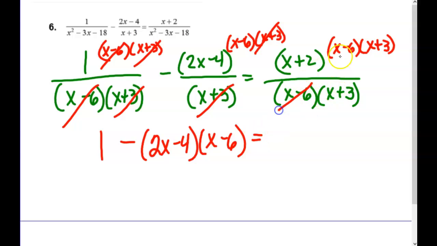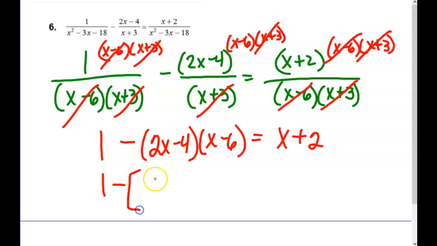I would mess up that negative, I'm sure. All of this will cancel, and I have left an x plus 2 on this side. I almost want to change the signs or something. Anyway,